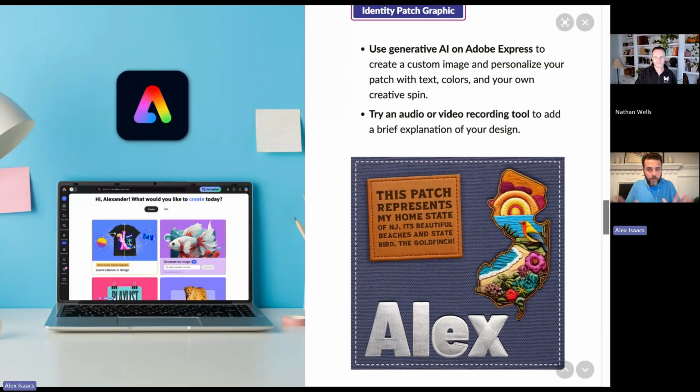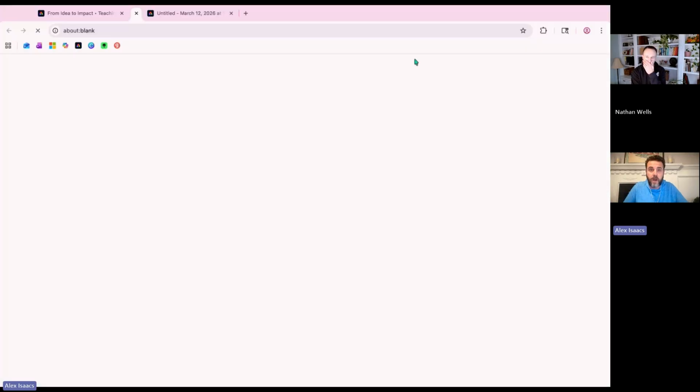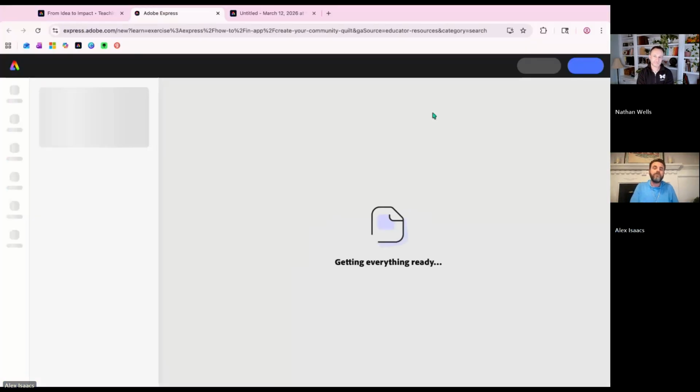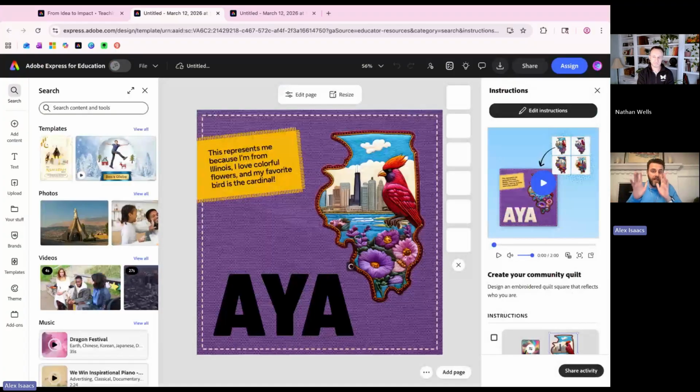So we've got about 10, 12 minutes left. I think that's perfect. And if we get to it, we'll show you that animate character piece as well. So if you're on this web page with me and you click on this button right here, it's going to bring you directly into the template. And as you can see with those instructions over on the right side, this means that it is a guided